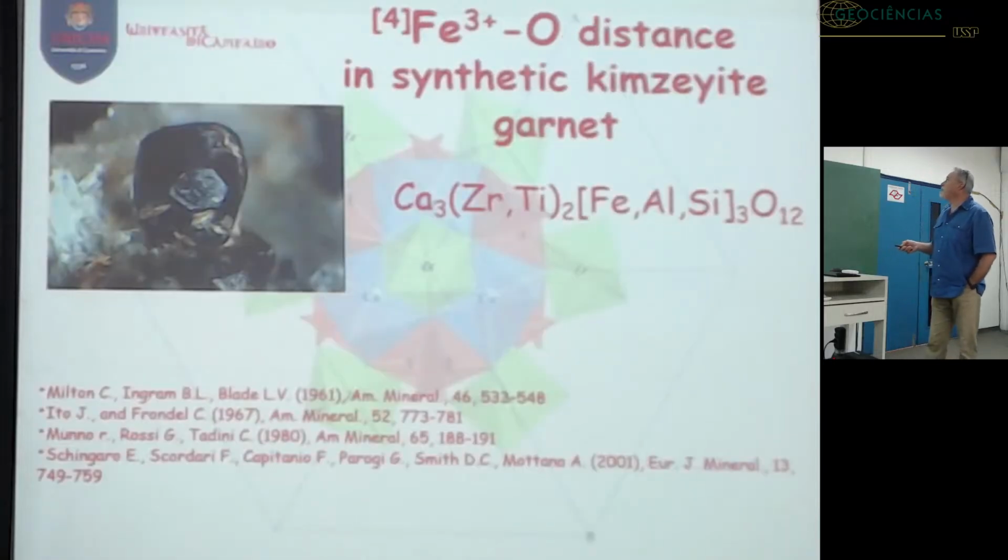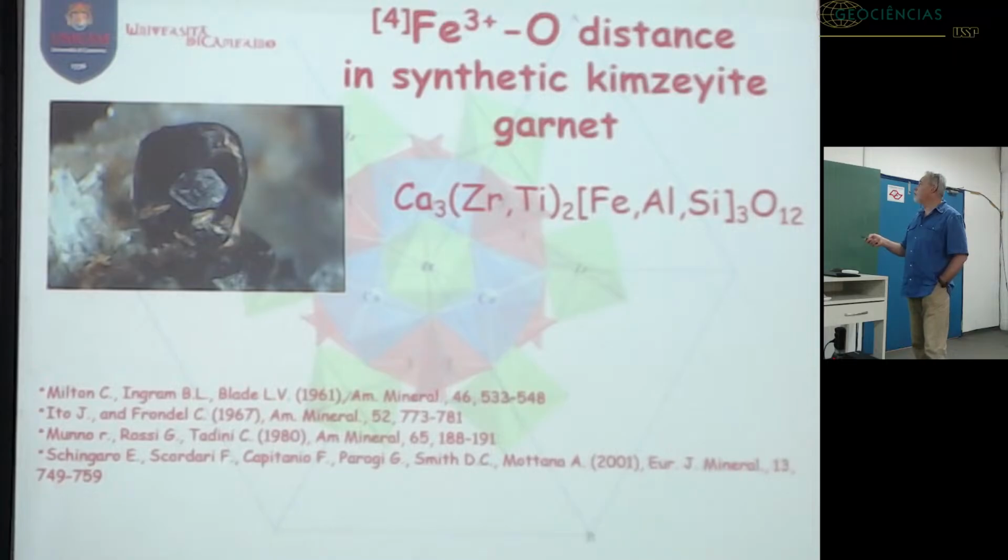This is another case, of a silicate, a garnet. Now they changed the name because they found a different member. But anyway, it is a garnet where in the tetrahedral site they have iron, aluminum, and silicon. And in this case, iron is the majority and occupies most of the tetrahedral site. I synthesized a garnet,